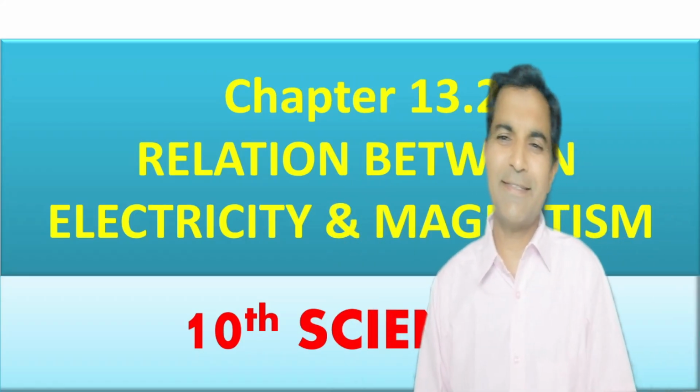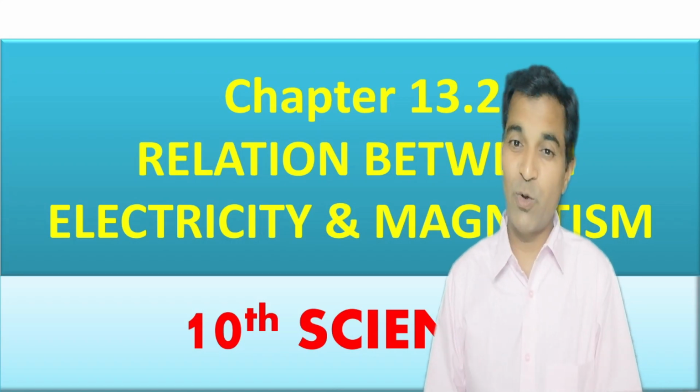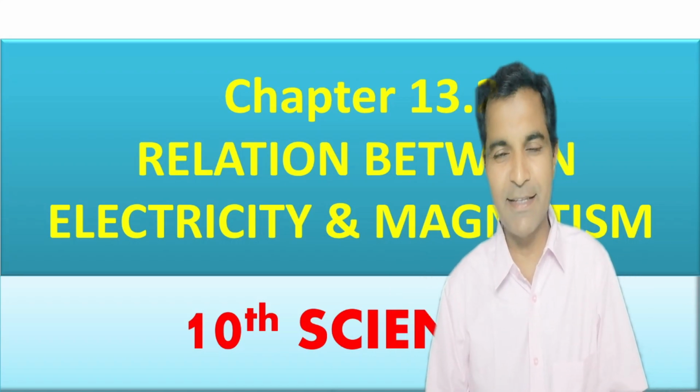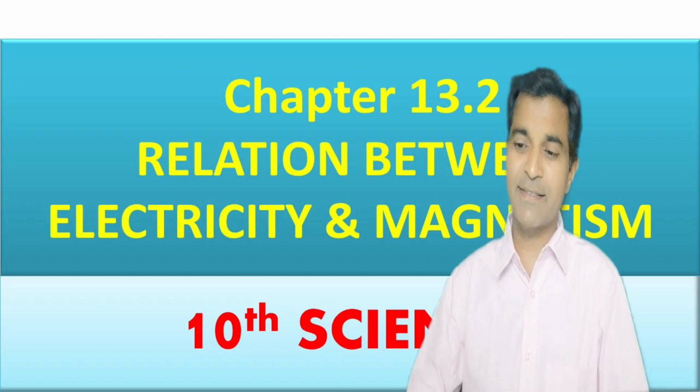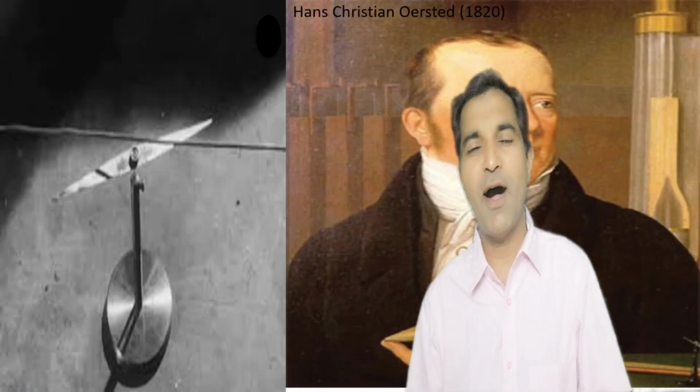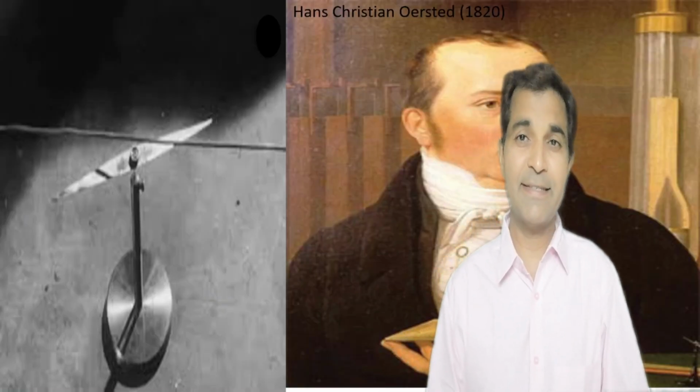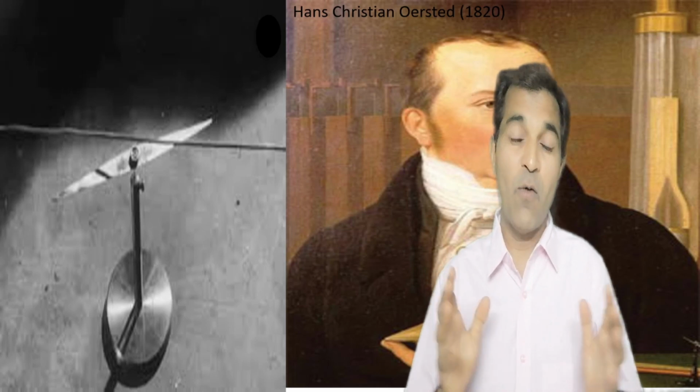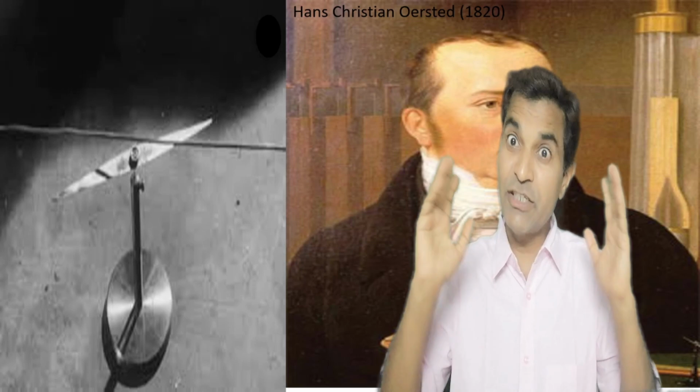Hello my dear friends, chapter number 13, topic number 2, relation between electricity and magnetism, standard 10th, and subject is that of the science. Now, this person, Hans Christian Ørsted, a very famous name in the field of electricity and magnetism. In 1820,